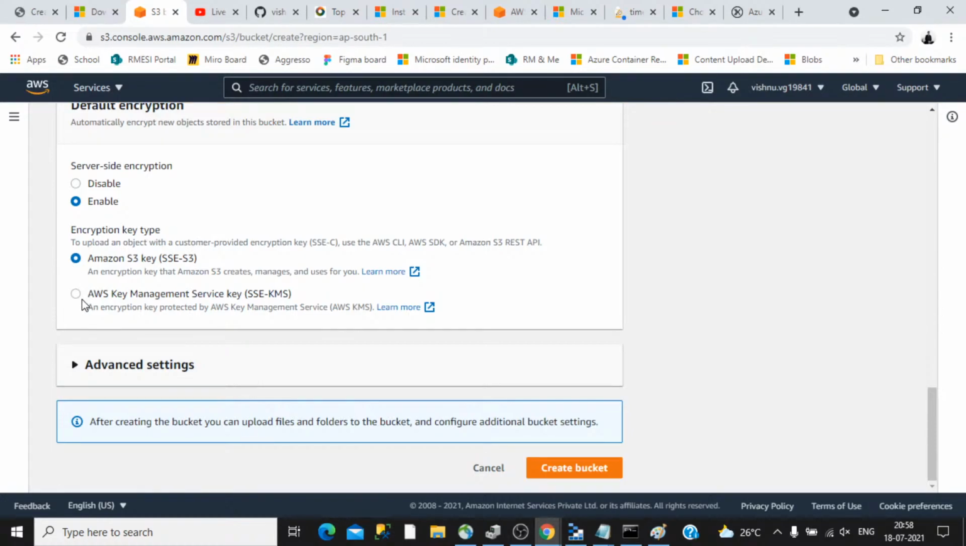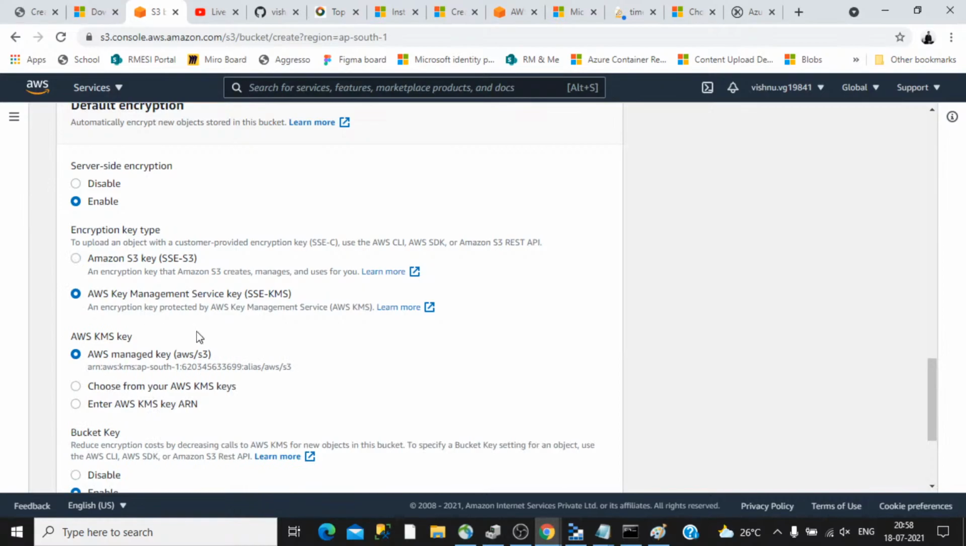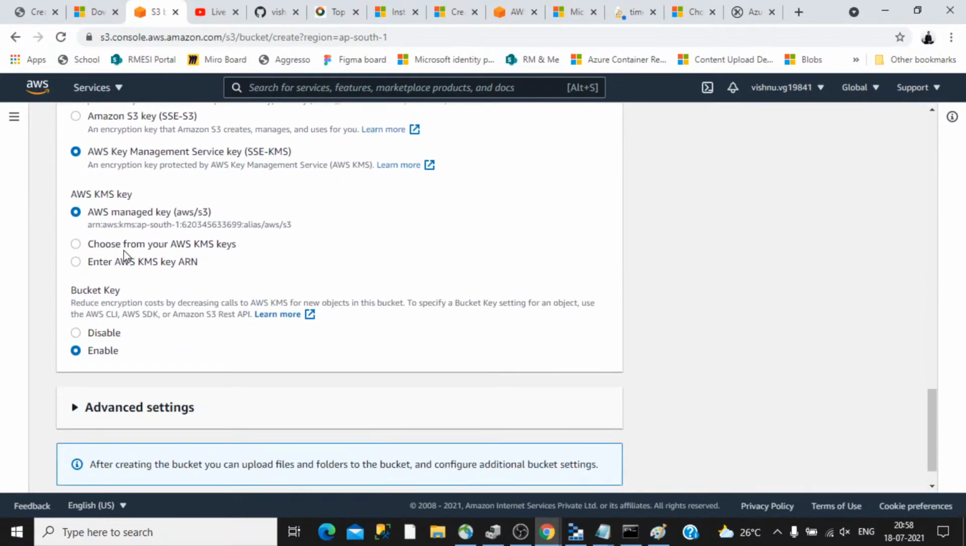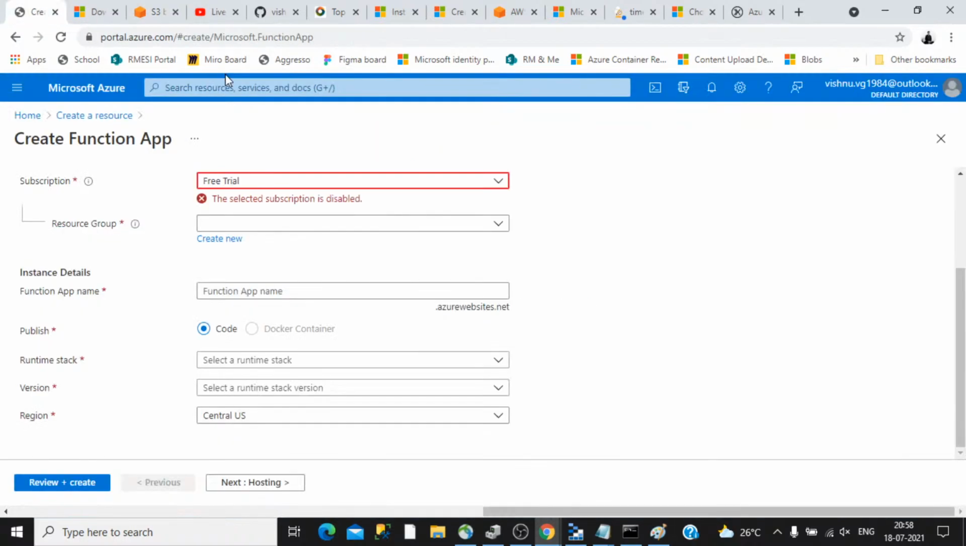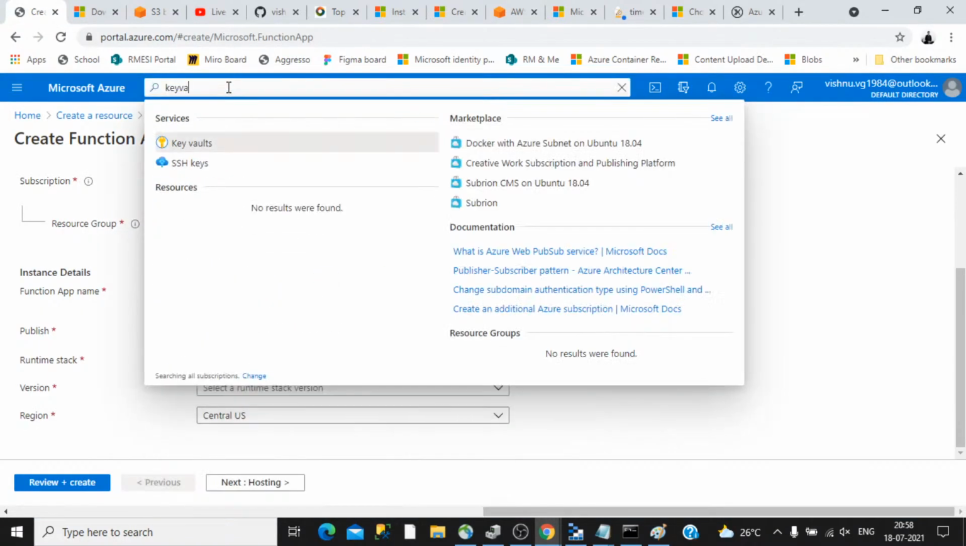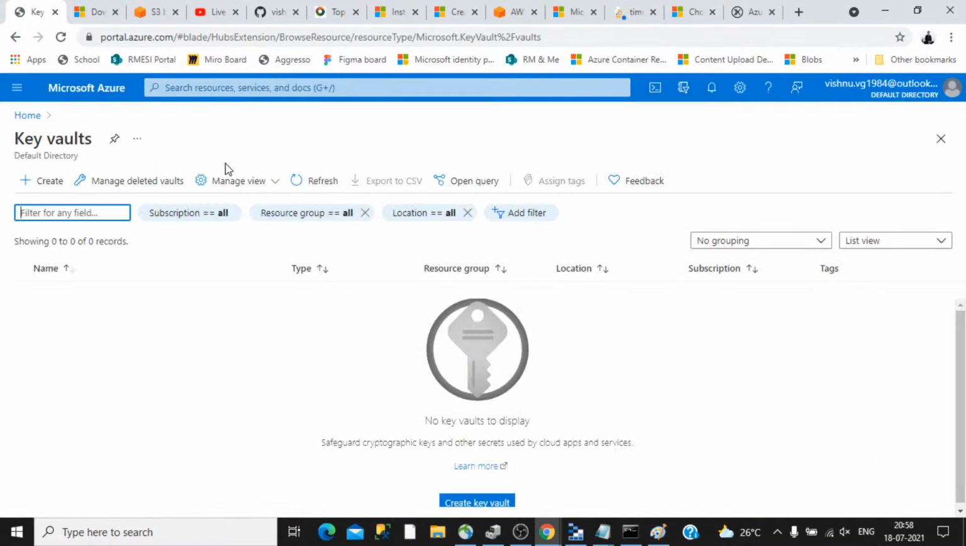The other option is you can provide a custom key. Some applications may have that requirement, so you can choose that, and you have to provide the key from the key management service. This is another service from Amazon, called the AWS Key Management Service, or KMS. A similar service you can see in Azure is called the Key Vault service. So if I open the Key Vaults,